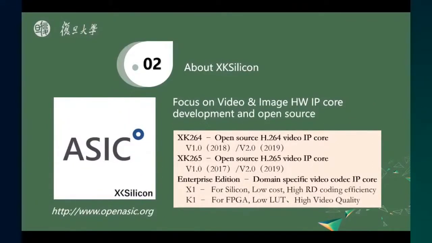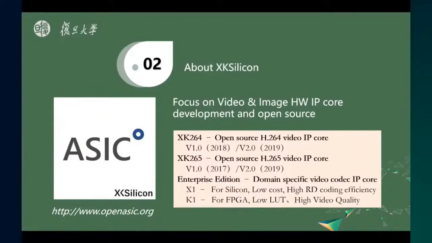Here is the introduction of SK Silicon. SK Silicon is a startup foundation which focuses on video and image hardware IP core development and open source. We have already released 2 open source video IP cores. And we also developed enterprise editions, which are for domain-specific video codec IP cores.